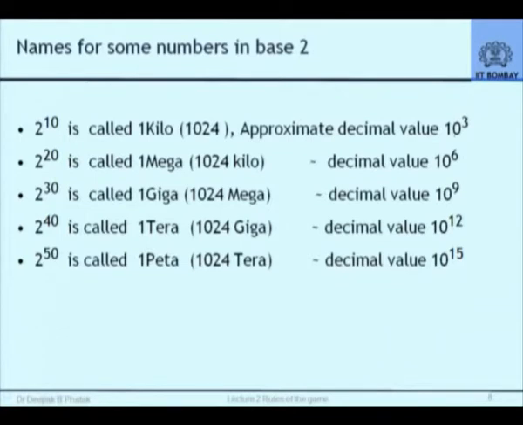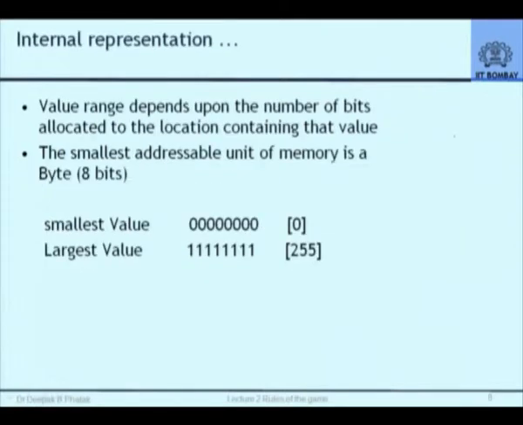And these are roughly kilo, mega, giga, tera, peta. Some of you are familiar with personal computers, or those of you who have computers or who know more about it would typically say, I have a 60 gigabyte disk. So what you mean is you have 60 giga of some units of information that can be stored on that disk. We shall see the notion of byte in a moment. But these names are useful. We shall in fact be using them subsequently. Therefore, I thought I will just write them down for your information.